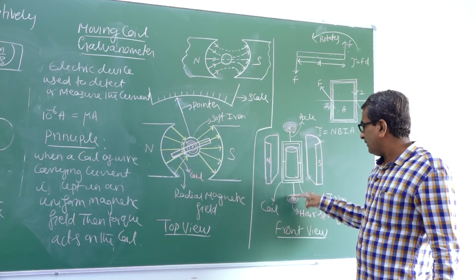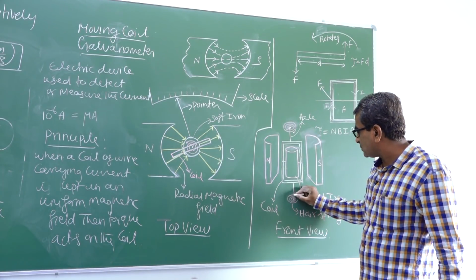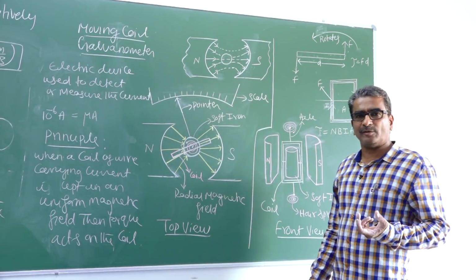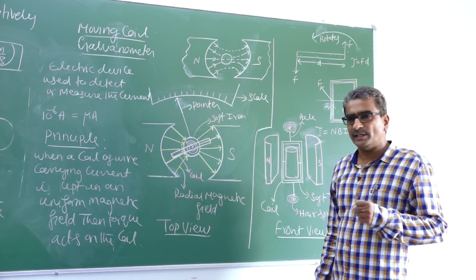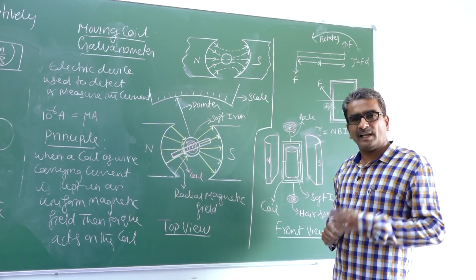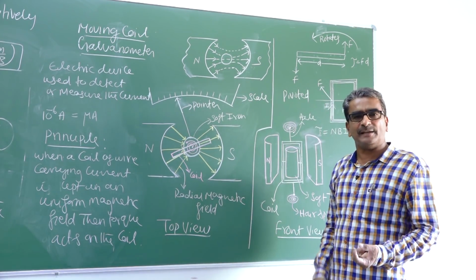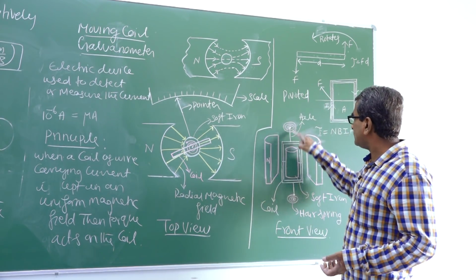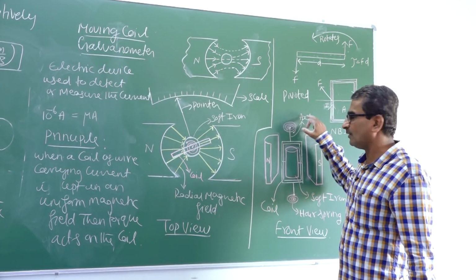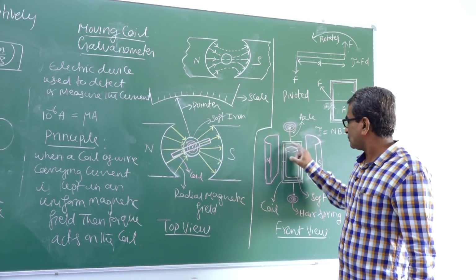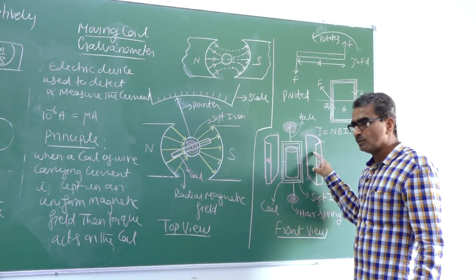which is mounted by means of an axle over two jewel bearings. Here one jewel bearing is there, another jewel bearing is there. Remember, moving coil galvanometers are usually considered to be of two types: one is the suspended type galvanometer, another one is pivoted. Pivoted means fixed rigidly by means of some support. Here what is the support used to fix this coil? Some axle is there. A strong thin wire will be in the form of the axle. So the coil is mounted over two jewel bearings with the help of an axle between two